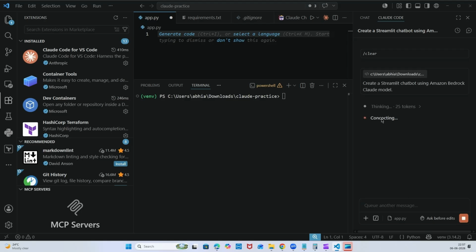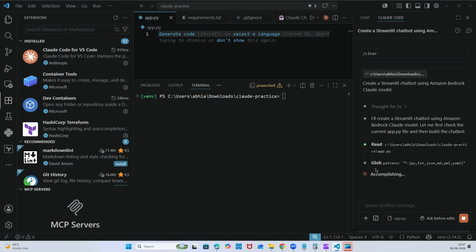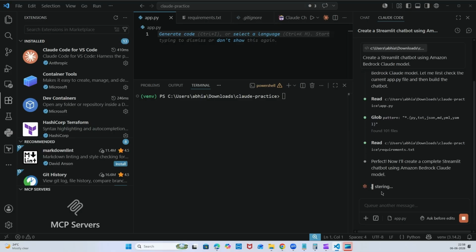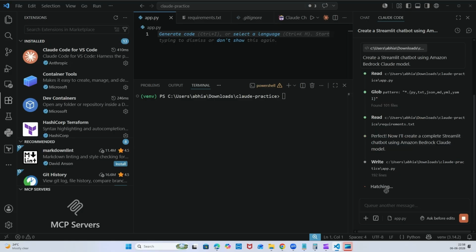And I'm wondering about the kind of words Claude is using while it is generating things. It's really quite different. You can see it accomplishing, mastering, and all different words forming. So it's like I'm talking to a senior engineer or a senior solution architect who is overthinking and using these words. You can observe different words coming up and it is doing the work.